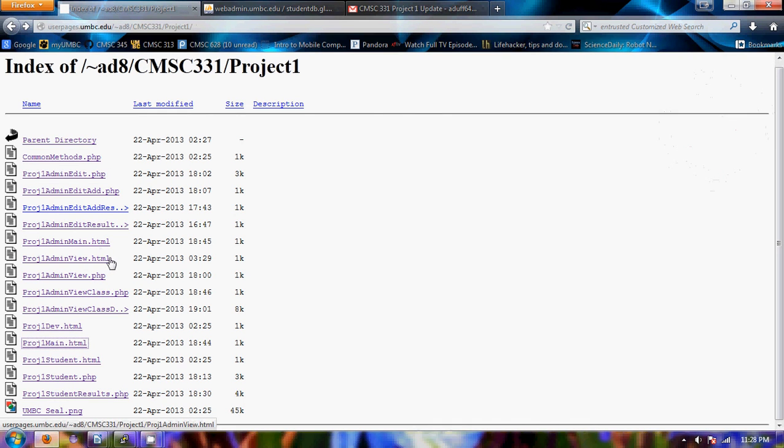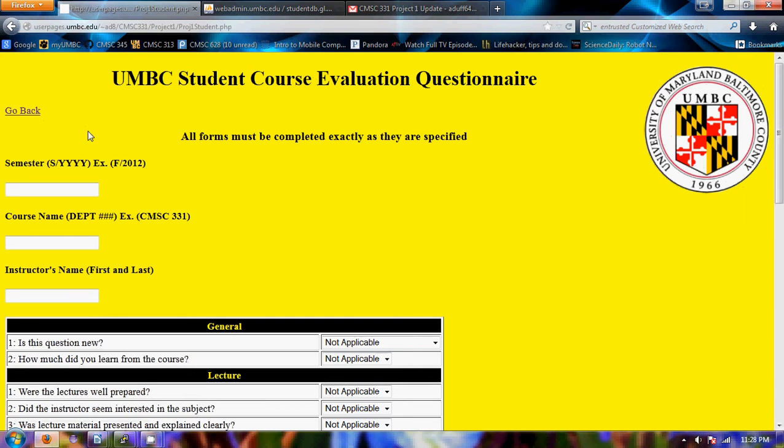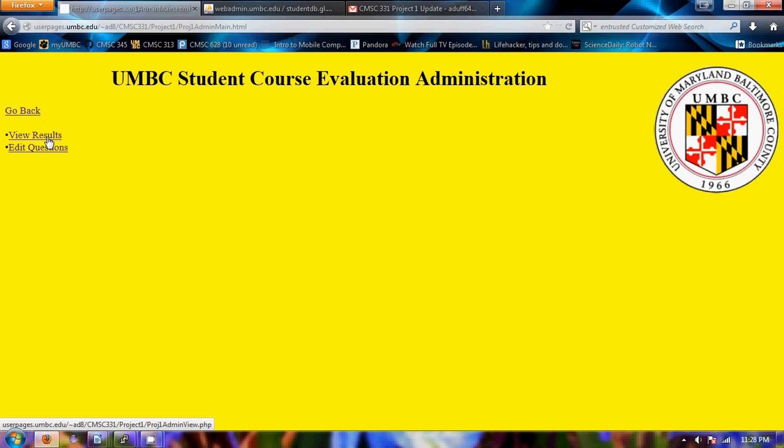And from student.php brings up the actual form, and clicking on the administrator tools brings you to admin main.html, where we have